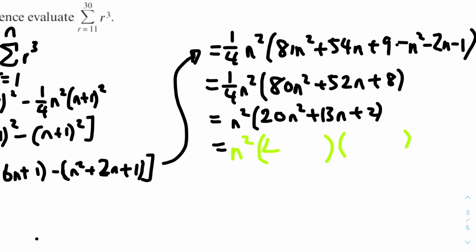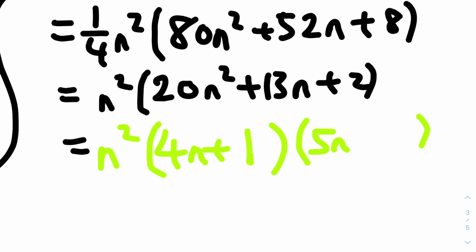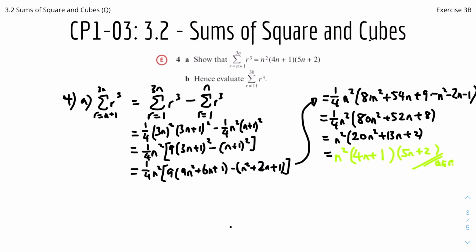So one will be 4n, and one will be 5n, and two numbers that multiply together to get 2 will be plus 2 and plus 1. Just fit it in the right orientation, or in the right bracket, to get 4n plus 1 and 4n plus 2, and that's the answer, like so. And for part B here,